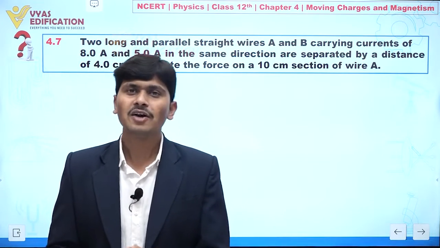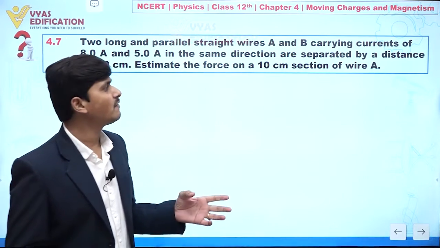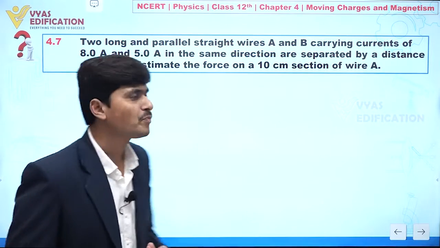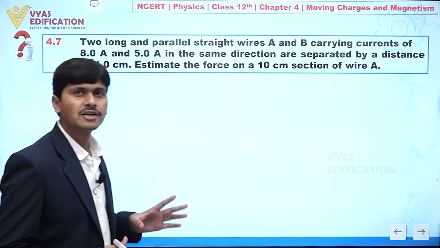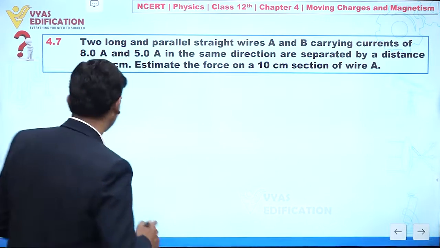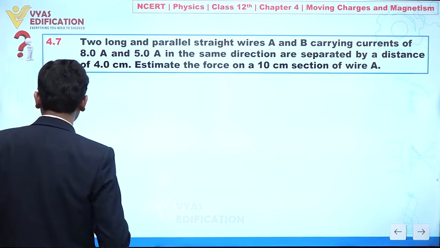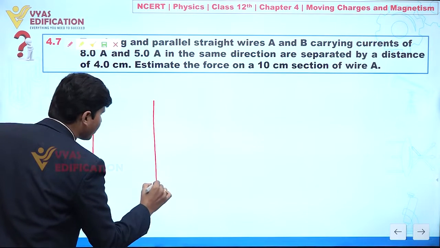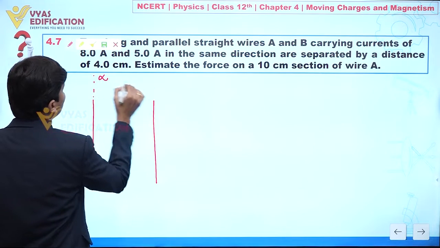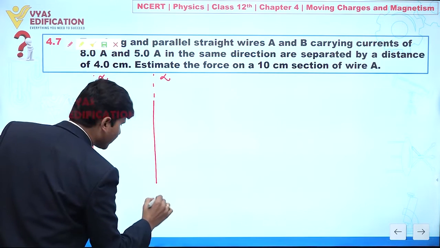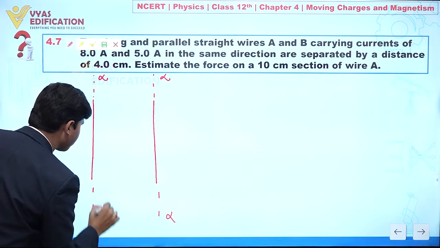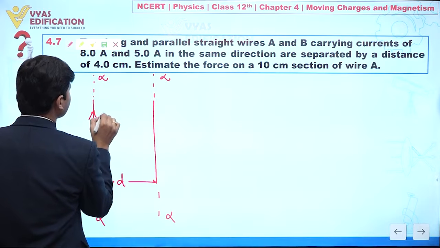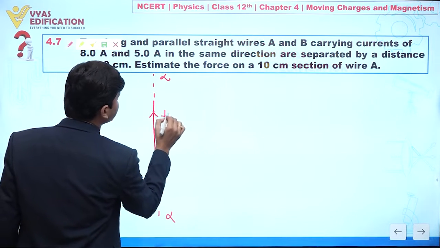So first we are going to solve the derivation of that force, and after that we can put in the values and get our answer. First I am telling you the concept behind the question, after that we will solve it. So concentrate. Let's suppose we have a wire, and again another wire. Let's suppose these are very long wires, and the distance between these two wires is d. Let's suppose the current flowing is I1 in one and I2 in the other.